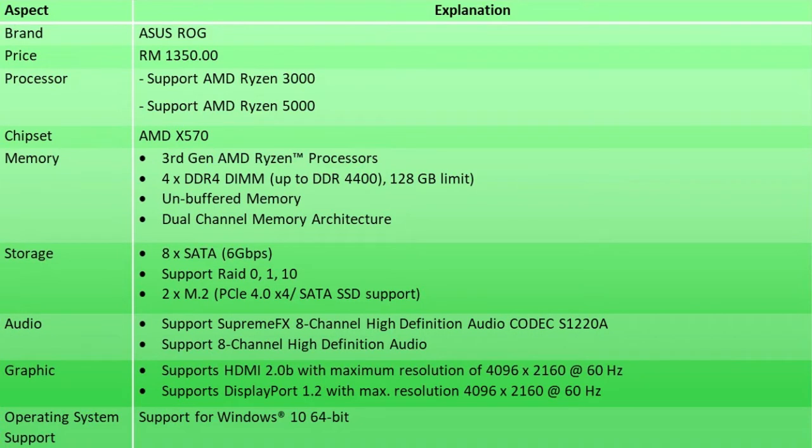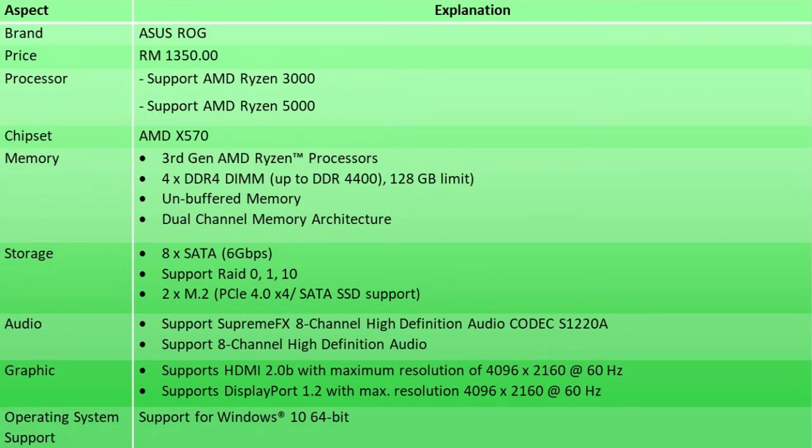Strix X570E Gaming comes with a processor that supports AMD Ryzen 3000 and 5000. The chipset is AMD X570. With AMD X570, Asus added plenty of ports, headers, and connections for top-tier hardware, which may give you great performance and an amazing BIOS interface. Next, the memory is 4